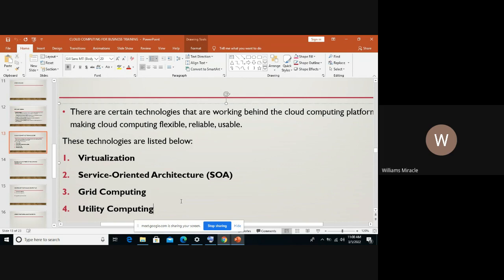So the utility computing technology aspect takes care of the pay per use model, and it offers these various applications for you to use as per your demand level and how you want to manage your resources and tasks on the application. So this is just a quick one on the various technology we have in cloud computing.